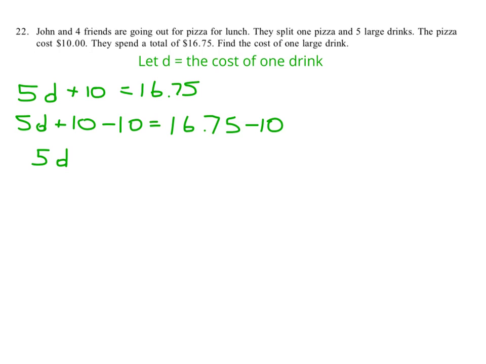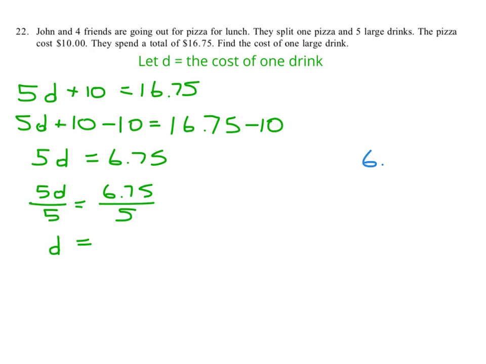So we say 5 drinks at cost D will equal $6.75. So okay, we say 5D divided by 5 because we want to know how much one drink is: 6.75 divided by 5, or D equals. If you'd like to see this solved on the side over here, you could say